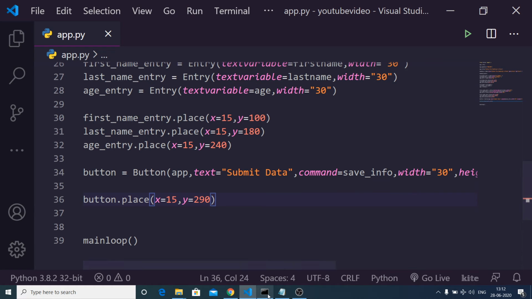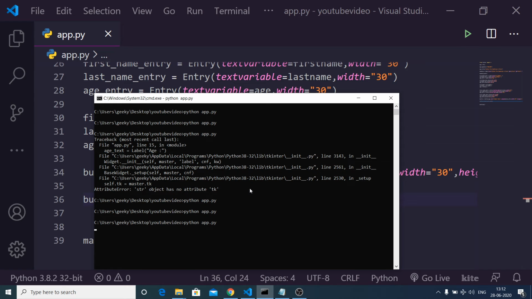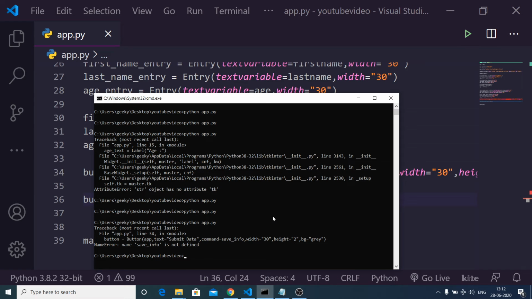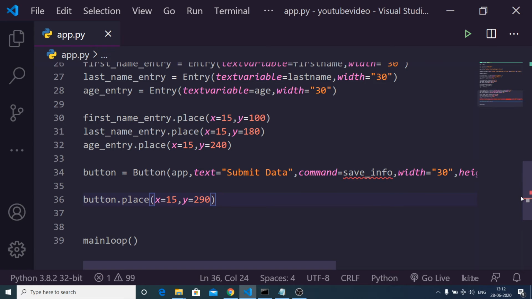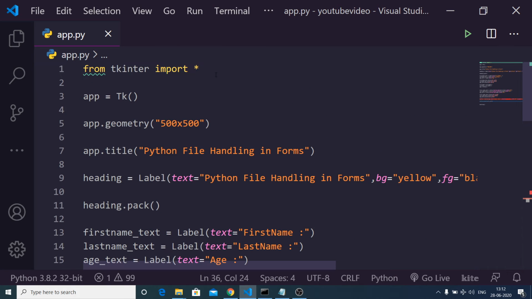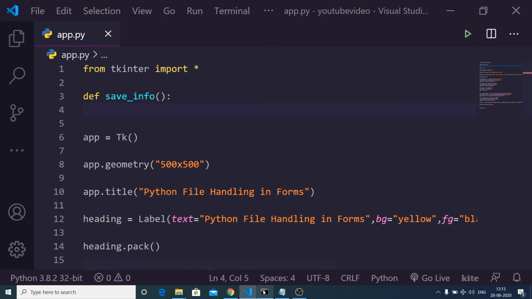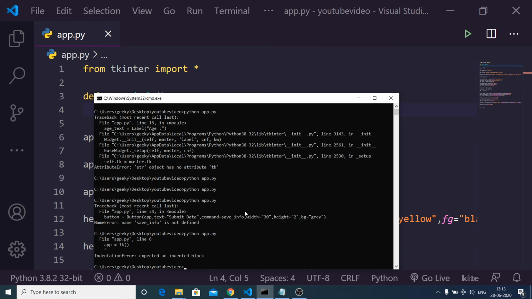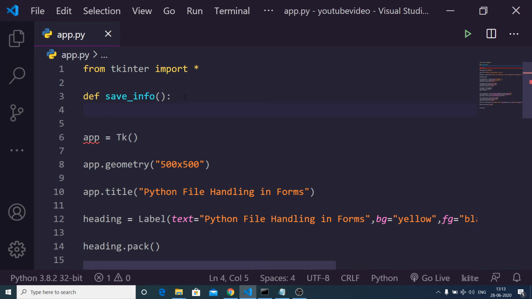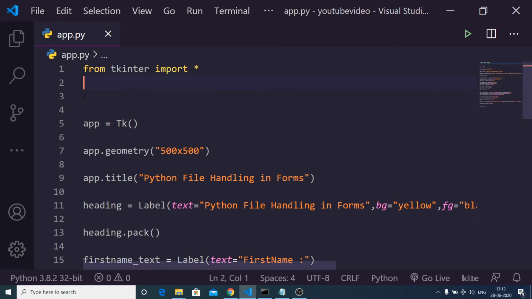So if I refresh the application, you will see our button will be ready. It will tell me that save_info is not defined, so we need to declare this function at the very top. So we will declare save_info and put a colon, like this. Now if I refresh the application once again, I think we need to write this function.